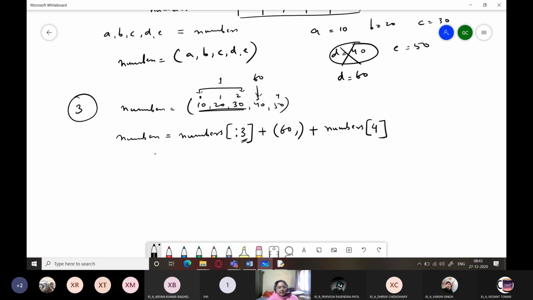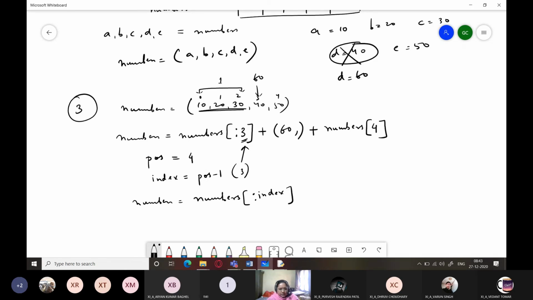Okay, so this way I can change the values. So when programmatically you are doing, you can do it very easily. How? You will ask from the user the position. Okay, user will enter the position 4, so you can yourself create index = pos - 1, and you can write numbers = numbers[:index], because it is pos, that is 4, so an index is actually what, 3 over here, right?